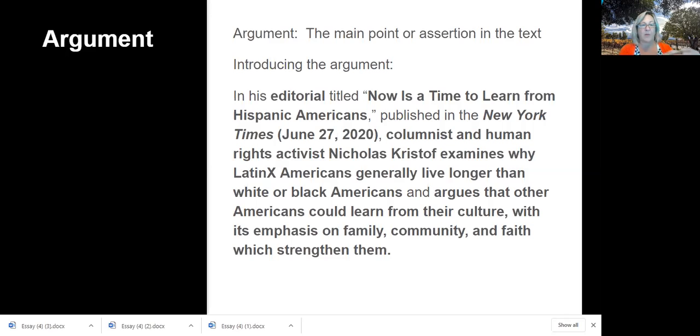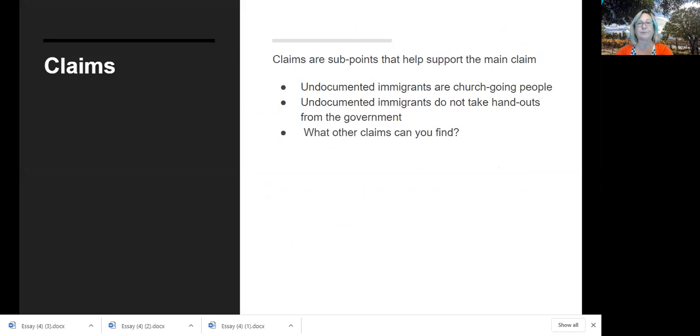So we have our project, what he's doing. We have his purpose, which is what he wants to accomplish. He wants to refute all those stereotypes. And his argument is Americans could learn this, okay? Claims are subpoints that help support the main claim.